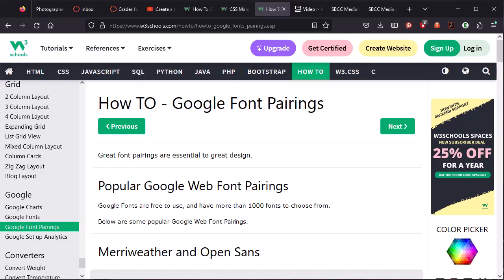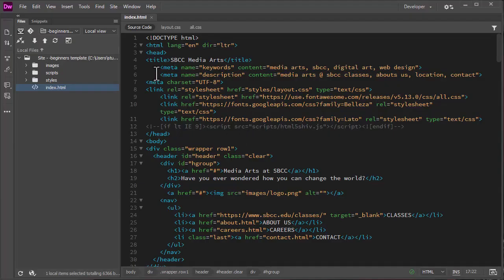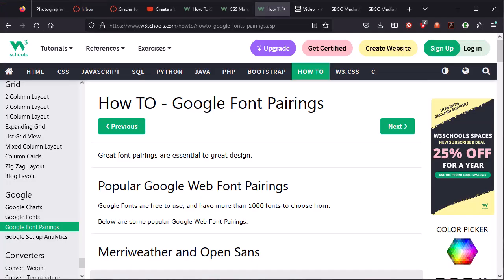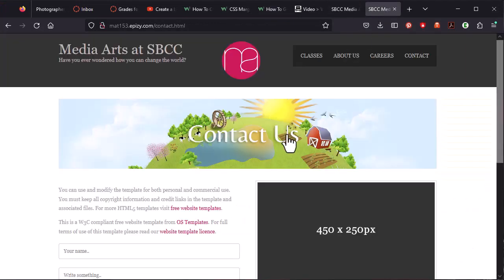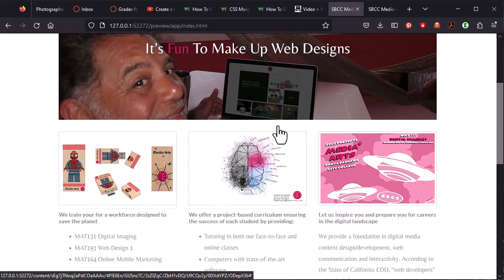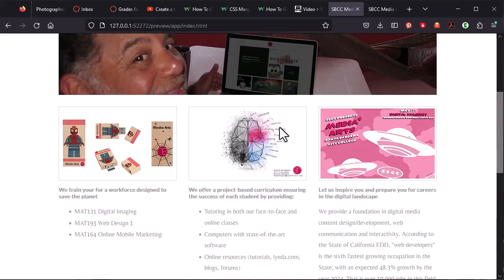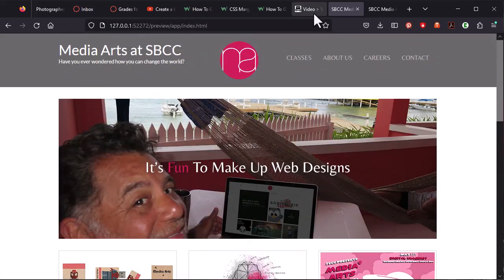I'm going to use those, and I'm going to show you where I'm going to put those in the CSS. So just because I have it here in the HTML, and again, as soon as I paste those in there, I want to save the file and then preview it and make sure everything looks okay. Anytime I do something, I want to preview and make sure everything looks okay still. Oops, that was the wrong one. So it looks good. Okay. And the typeface isn't working quite yet